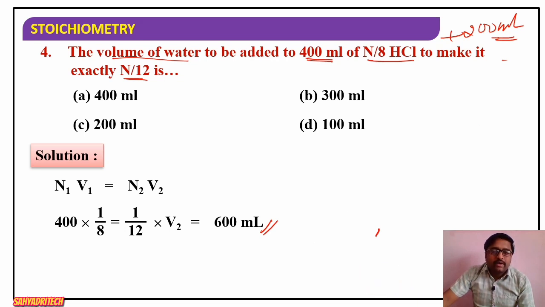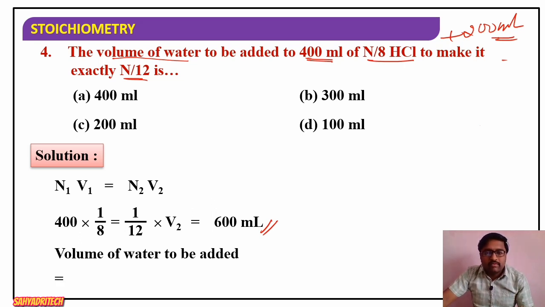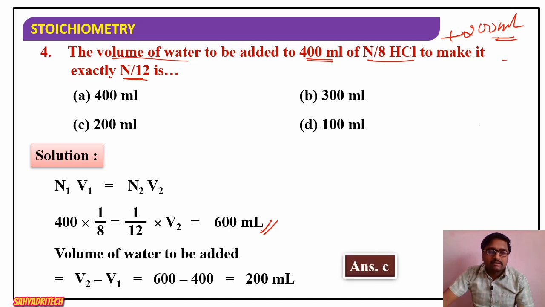Now if I want to calculate how much water to be added, the volume of water to be added is equal to final minus initial, V2 minus V1, 600 minus 400. So what is the answer? 200 ml. So the answer is C. C is correct. Okay, well,